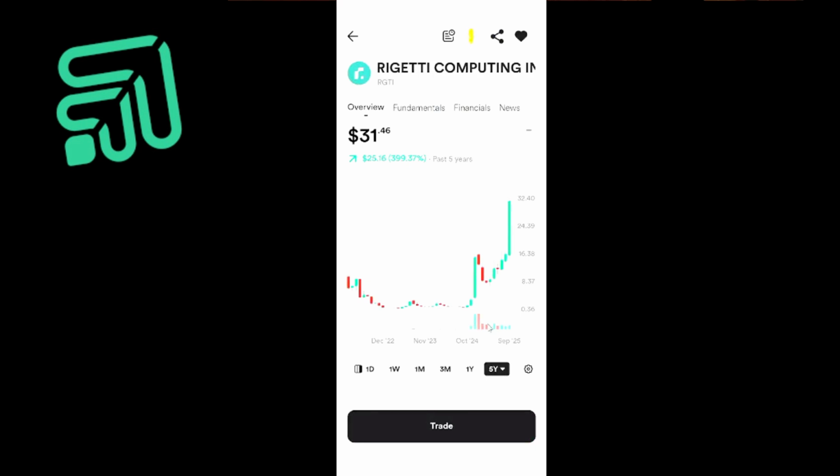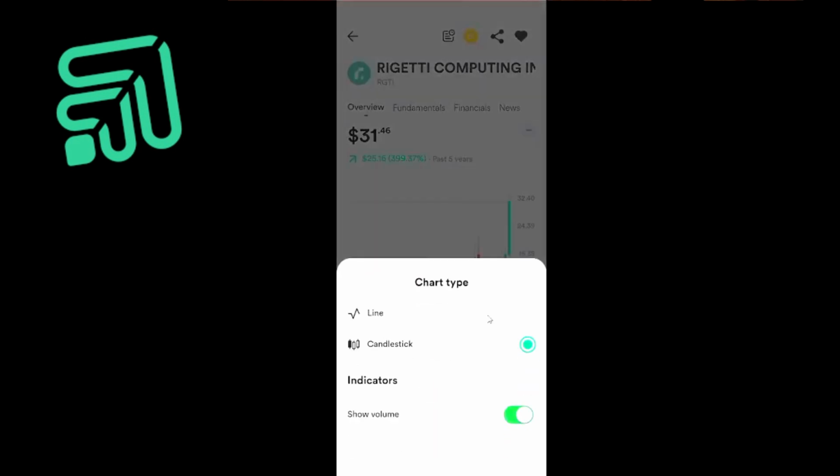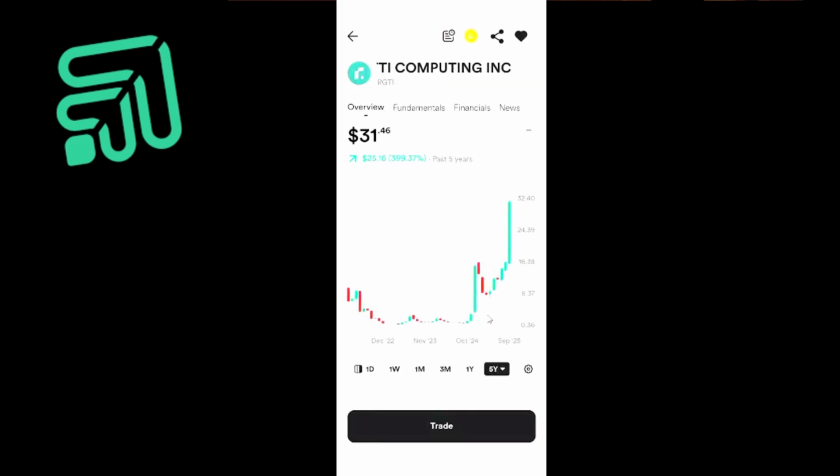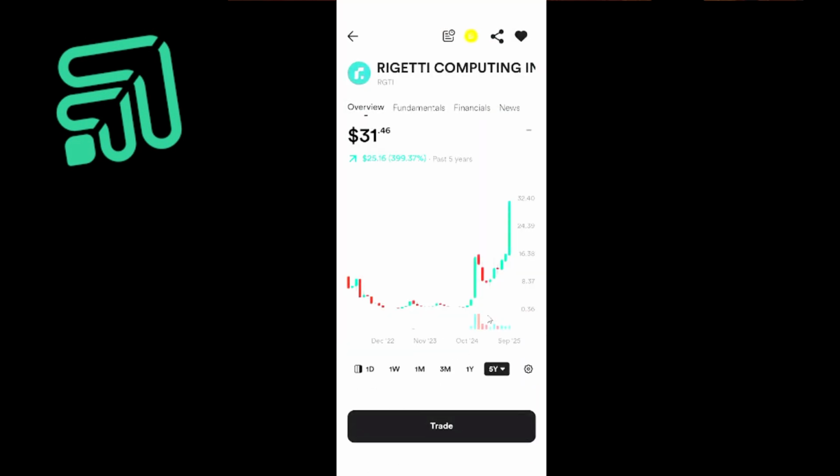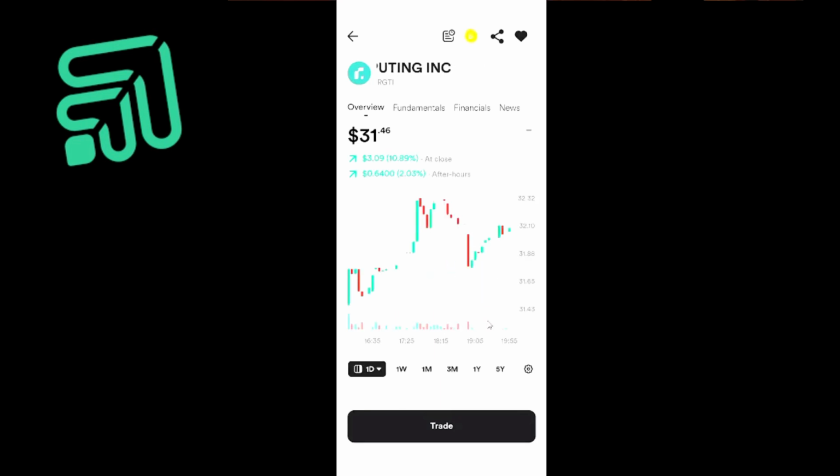So you could see if investors are buying a lot or selling a lot. If it's red, it's selling; if it's green, it's buying. You could also remove that in the view. But since I know how to trade, I understand that seeing the volume is also important, especially during day trading. So let's get out of here.